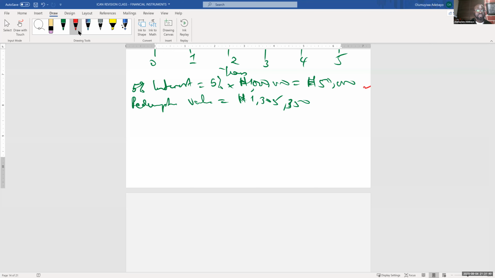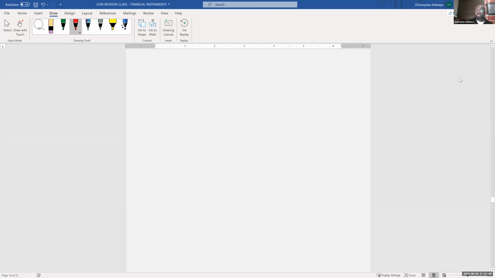Question B says, considering possibility of impairment. Now, which means in B, I need to first of all identify